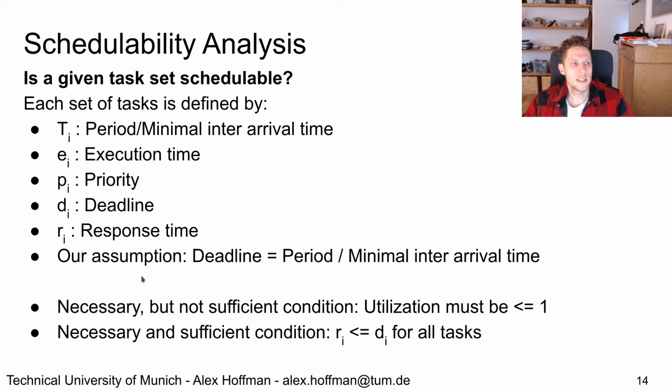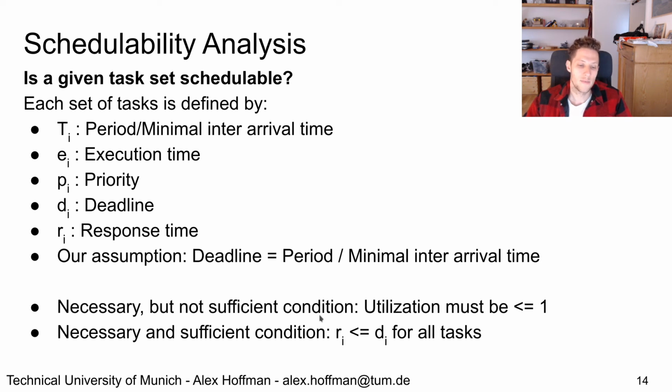So to say that a system is schedulable, there are a couple of things we can think about. The system utilization needs to be between 0 and 1. 100% utilization means a utilization of 1, and we can't have a system that is utilizing more than 100% of the system's resources. So the system utilization must be less than or equal to 1 for a system to be schedulable. Similarly, the response time of each task has to be less than or equal